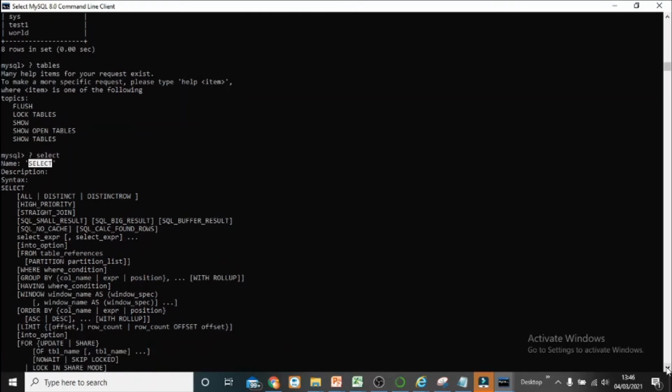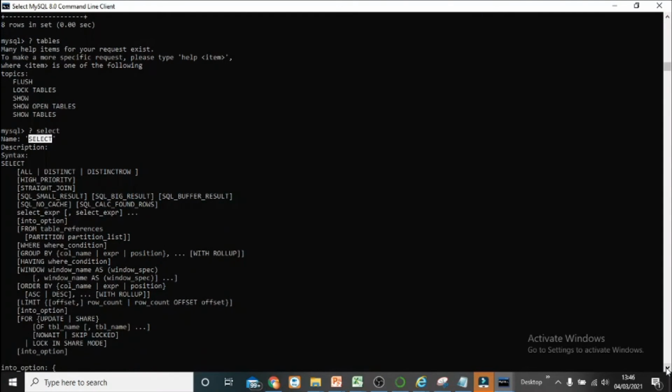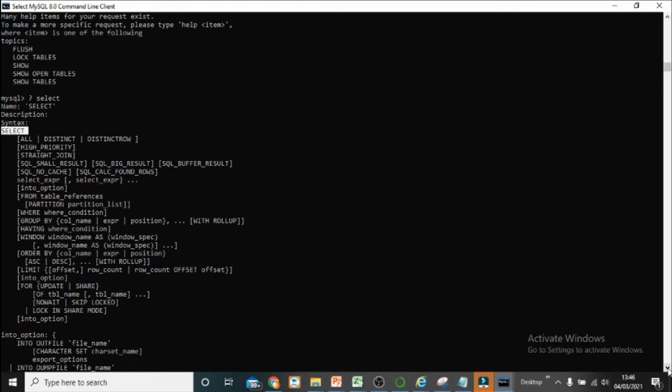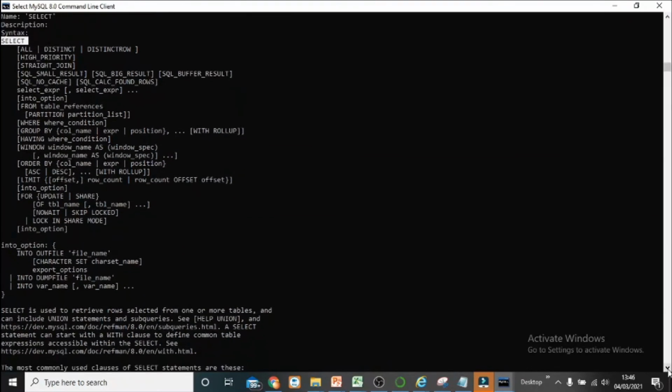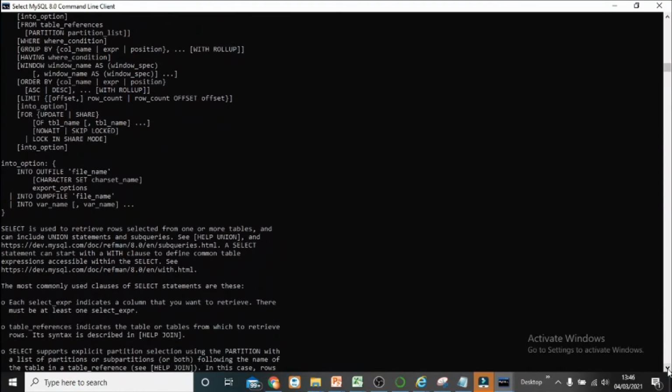Select star from table is something we have already used. It is saying select, then all, then from table, and whatever else is to follow has been shown here. So this is how you can use the help functionality.